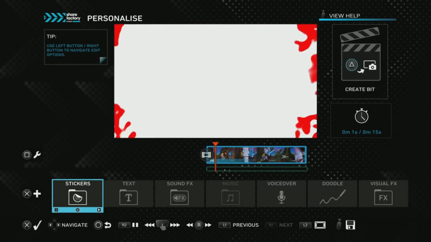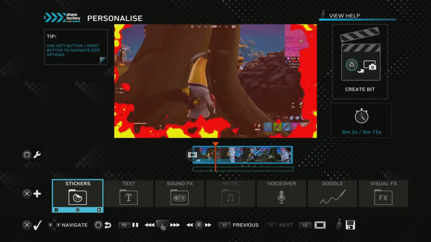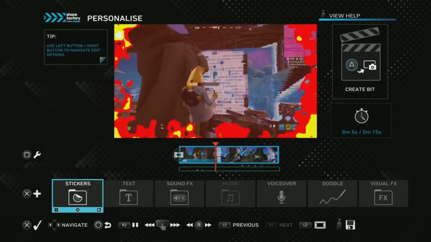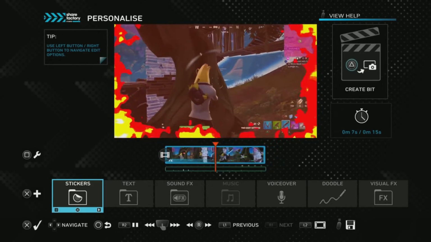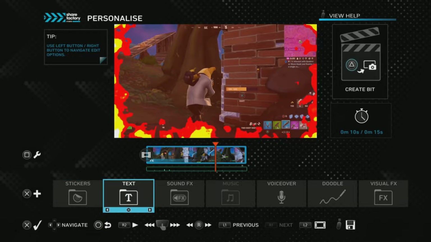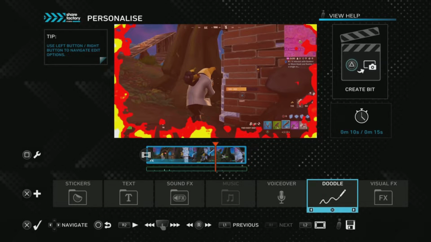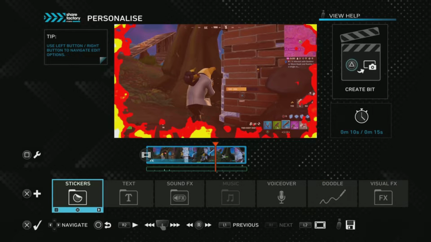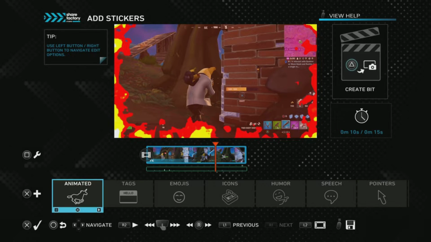Then we've got the option of adding lots of different things. I'll go through the basics, but I'll probably do more videos to cover other areas more particularly, just because there's a bit to go through. So if we click on stickers here, just push the cross button on stickers, and then literally you can go through all the different options, but we're going to go on stickers first just so we can show you that. When you click on stickers, you have all of these different options. So you've got animated, and whichever section you want to choose, just push the cross button on it.